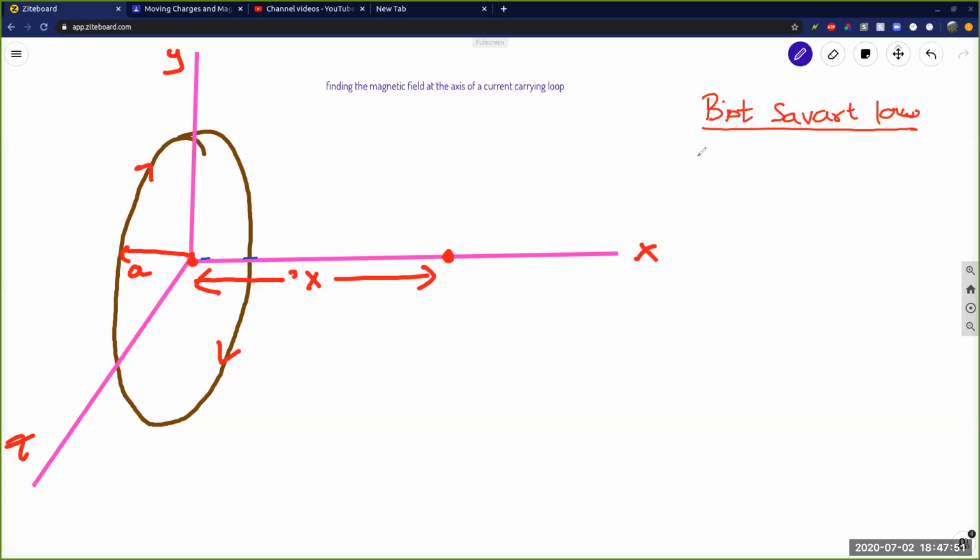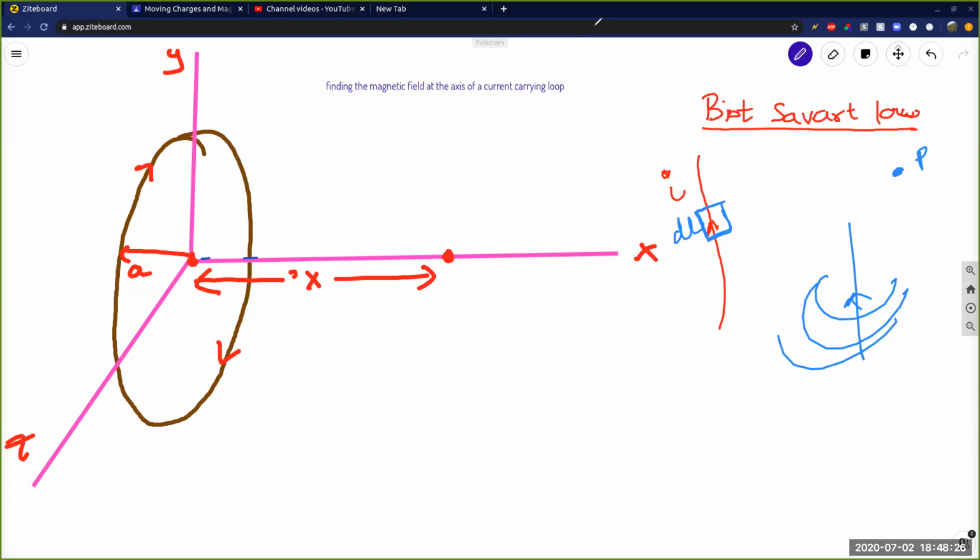It says, suppose you have a current carrying wire carrying current I, and you want to find the magnetic field at a point P at a distance. If you take a small section of this wire, of length dl, this current element is responsible for the magnetic field in the region, yes or no? Everyone, yes, this is true. If there is a current carrying wire, then the magnetic field is circular in this fashion, right?